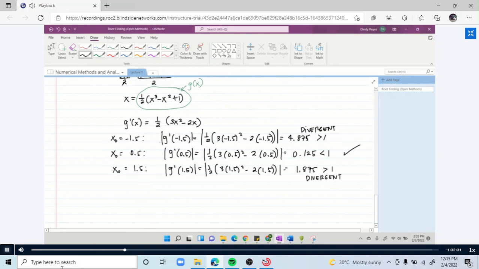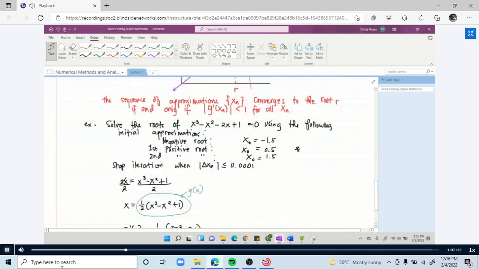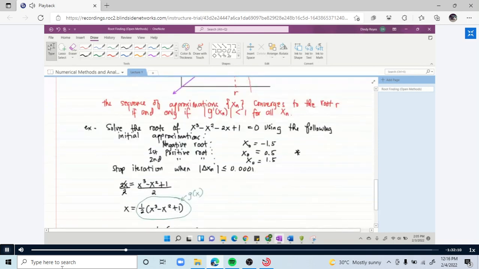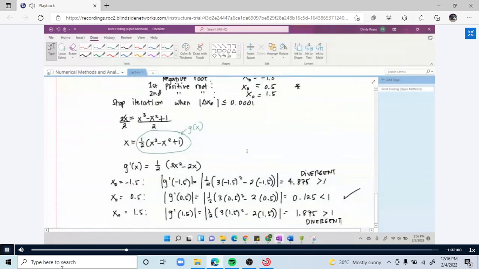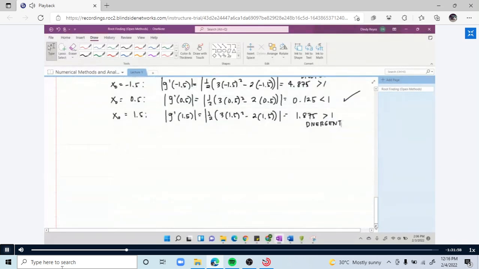So now we can use this formula to solve for the first positive root. Okay, using this formula. Now, what about the other two? Now, there's another rearrangement for this, no? You can actually isolate x from the second term, or you may isolate x from the first term. Right? If you isolate it from the first term,